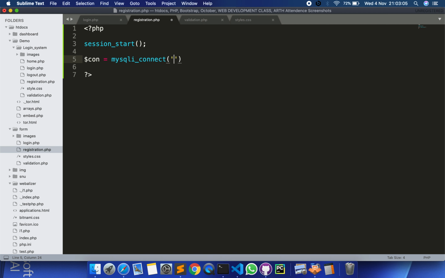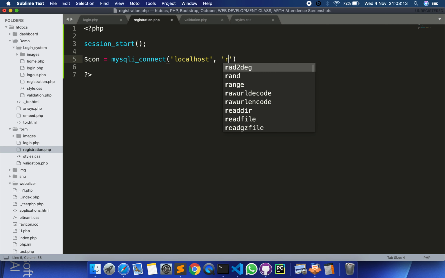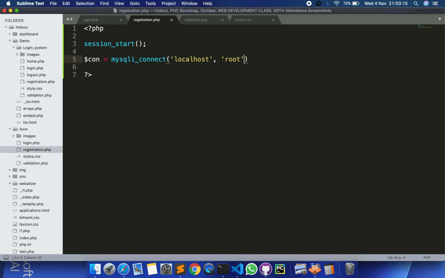First one is localhost, since I am using a local database. Second argument is the username of your database. If you haven't changed anything and you are using the default settings, your username will be root, and by default you don't have any password. But if you have changed your password, then you need to mention the third argument as the password. Fine, so this is one thing.